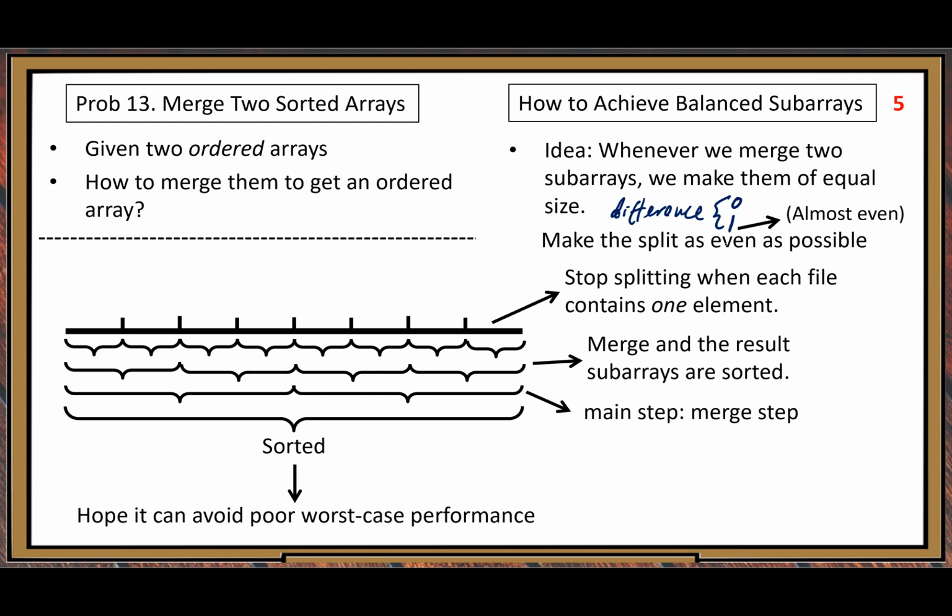Now, the critical missing piece, the main step, the merge step. If we get this merge step, then we're done. Then the whole merge sort is there. But that piece, that part is critical for this